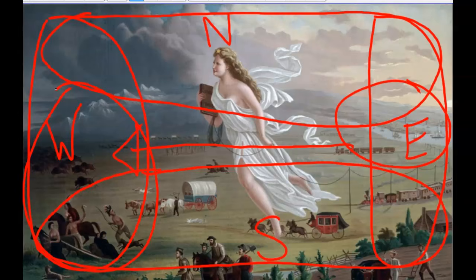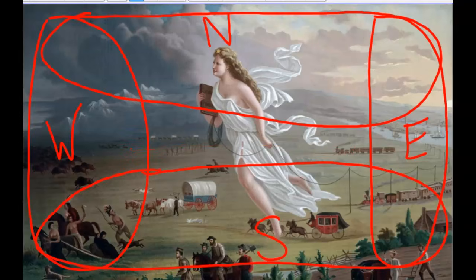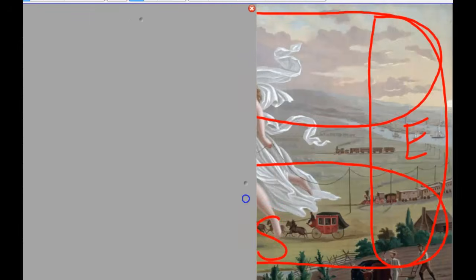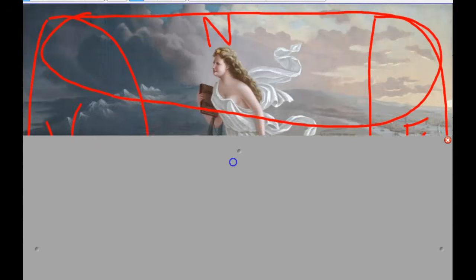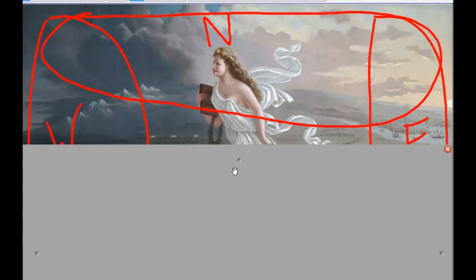Also, I want you to focus on two other things. Notice the tone and the color and those differences that you'll see in one side of the painting. Like if you're going to look at this side of the painting, look at the color, and if you could say the words light or dark, which of those words would apply, versus the other side of the painting, if you were to look at either the lightness or darkness in terms of color. And I think it's even most evident when you look at the sky and which side of the painting has a lighter sky versus which side of the painting has a darker sky, and what that might mean symbolically.